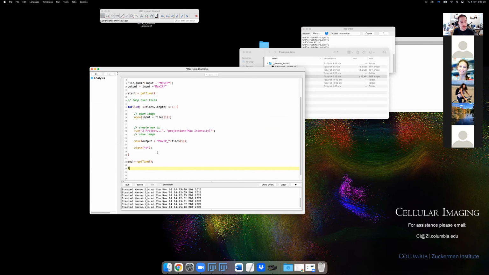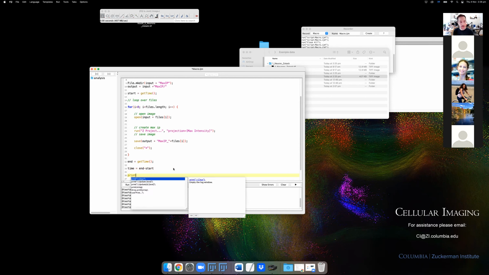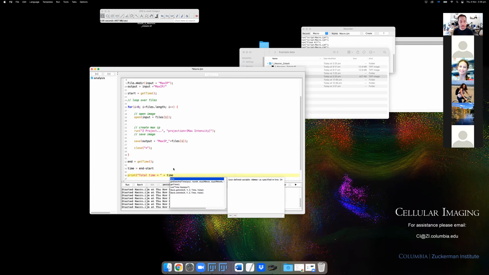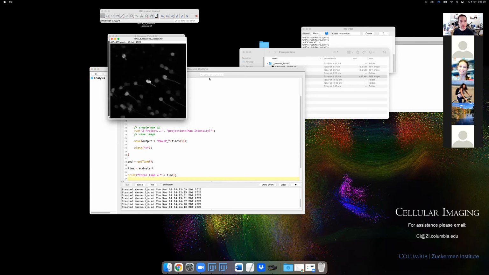And then we can say, so the time it took is, and this will be in milliseconds. So if you wanted it in seconds, you could divide by 1,000. And if we wanted to print this, we could just say print and say total time equals, and then put the plus and then time, and then close that off. And if we run this now,